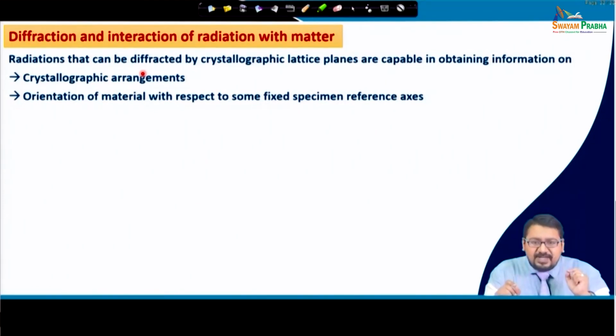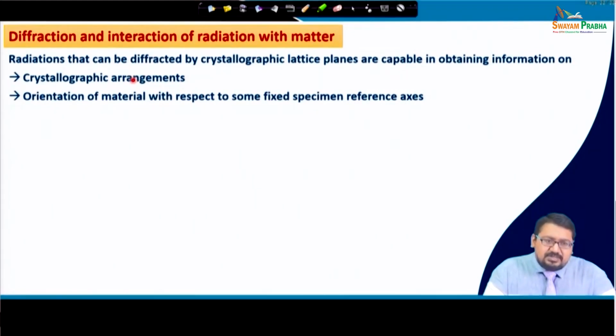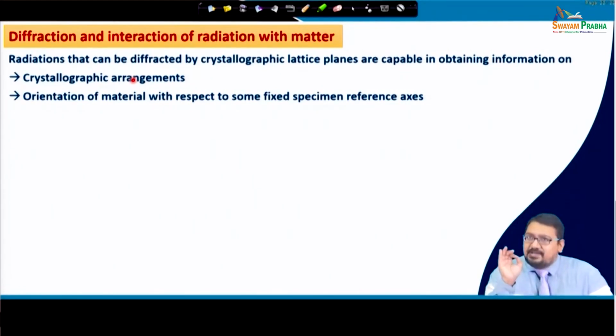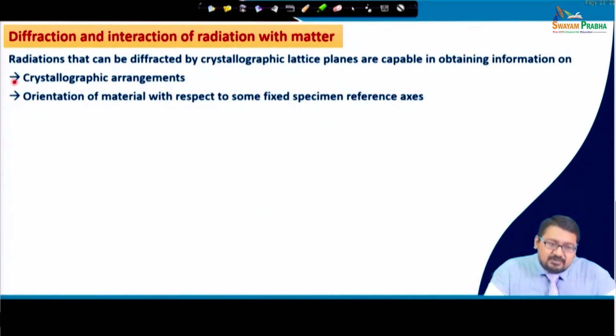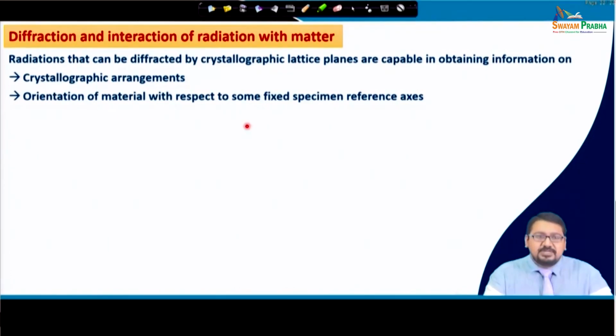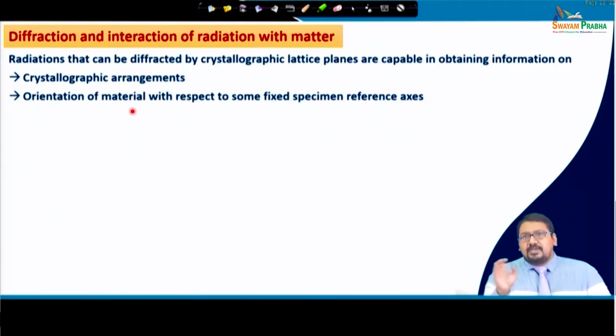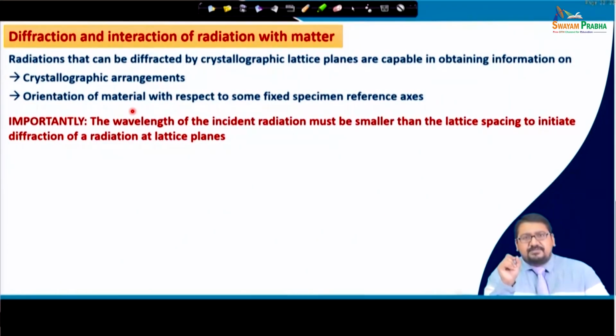So, diffraction techniques are basically reinforced scattering. We have already talked about this much earlier in this lecture series. So, using these methods we can obtain the crystallographic arrangement, and most importantly for this course, we can obtain the orientation of the material with respect to any fixed sample reference directions or reference axes. So, you see that